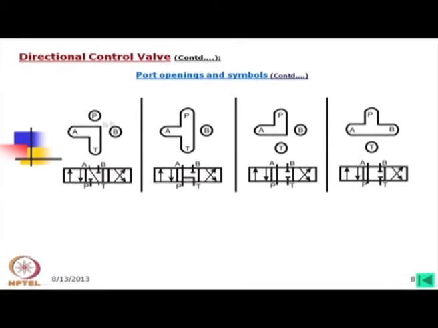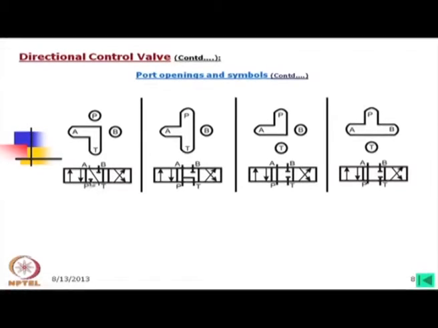Now, I have shown some other symbols here. So, look into this valve; you need to study such symbols on your own and what the possible openings might be, but here it is clearly shown. This means that in this valve's leftmost position, the A port to T port is connected at the neutral position.